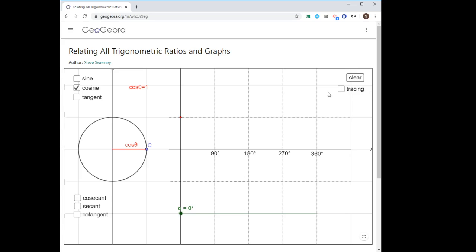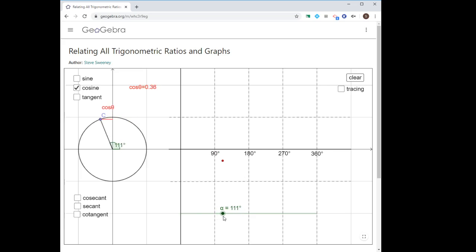So right now, for example, the x-coordinate of this point C is 1 and the y-coordinate is 0. If I start to change the angle, you can see I introduced the angle there. The value of cosine is decreasing. It's not 1 anymore because it doesn't reach as far. Some of the value is in the y-coordinate now. And so as I do that, the x-coordinate is going to come down towards 0,